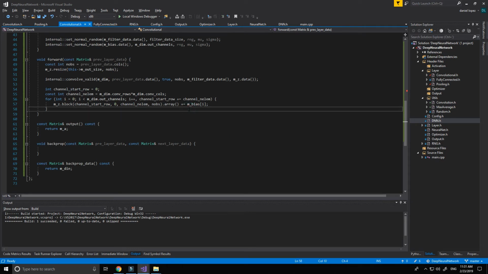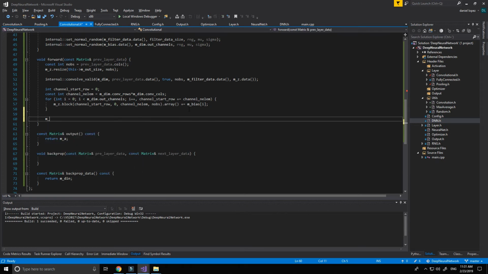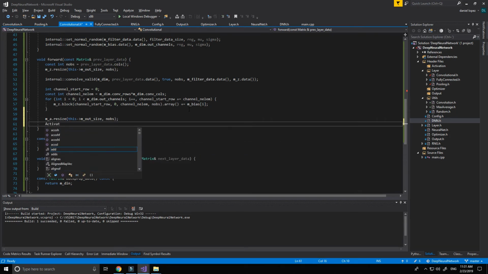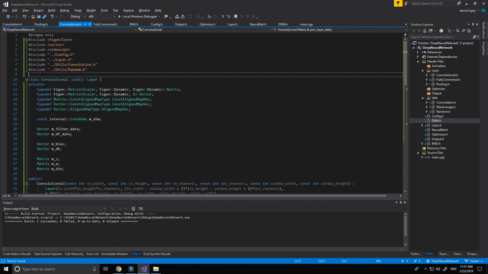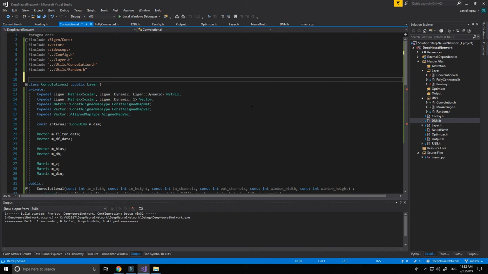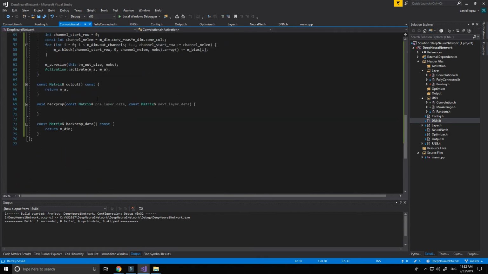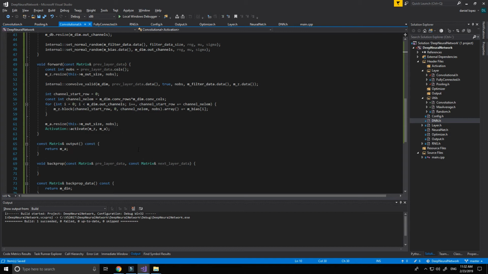So now we have finished our feedforward function, and the last thing that we have to do is to define the outside and the number of observations, activate mset and ma. Oh, I forgot something. The first thing that we have to do is to define our activation function in a template. Activation. Okay. Now that should be all. So I think that's all for now. Thank you for watching it, and sorry,